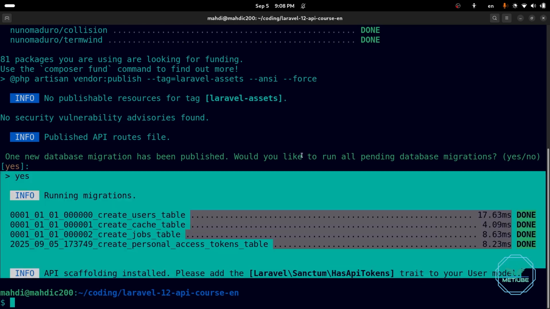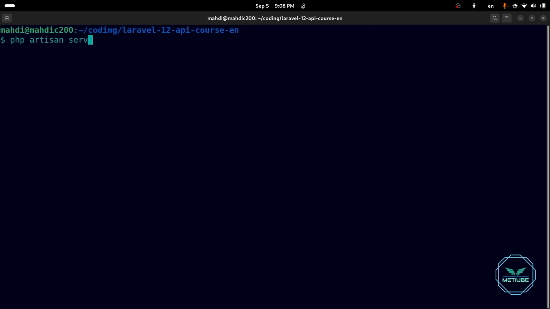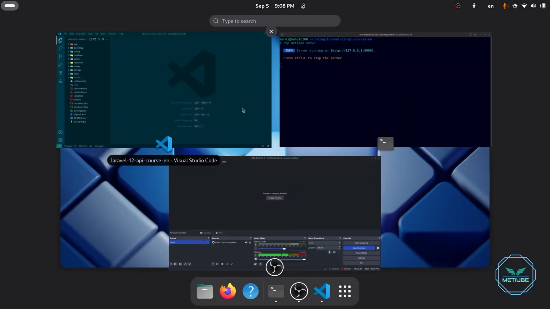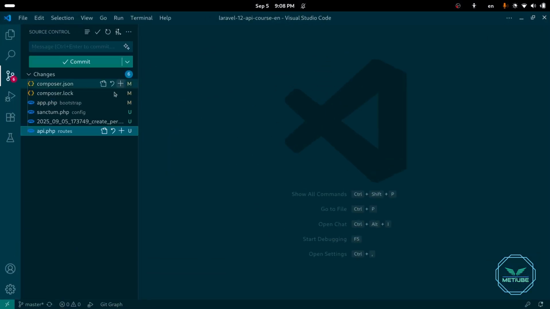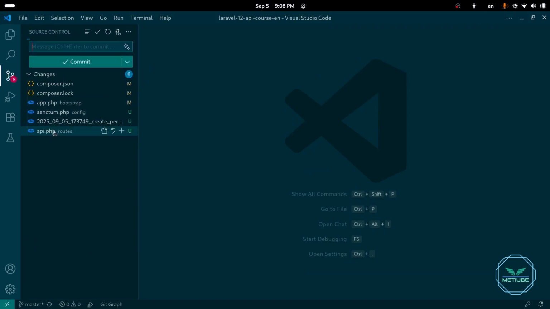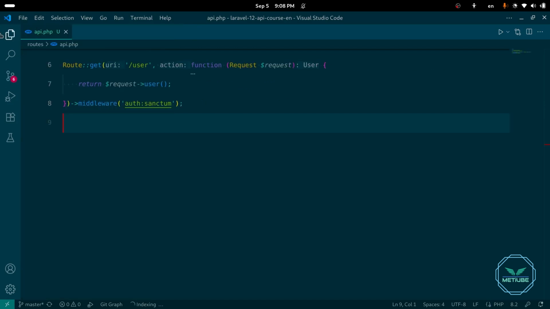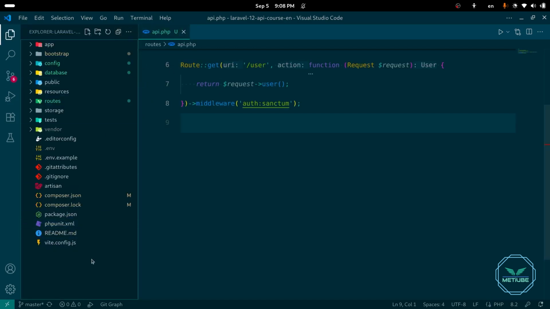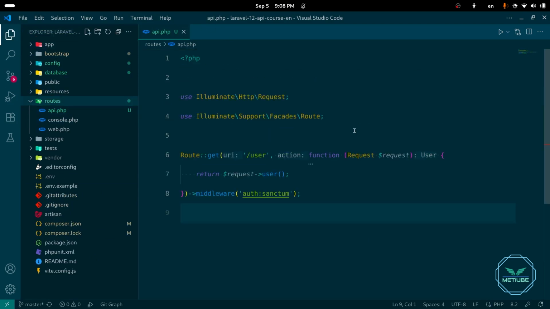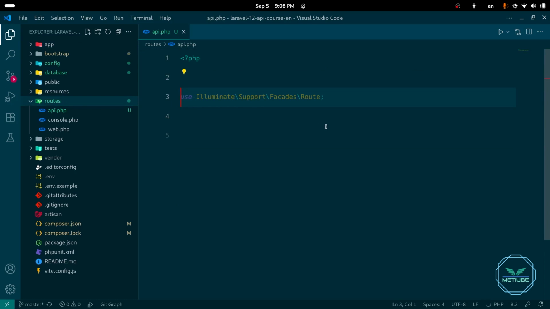We are all done and set up, and I'm going to start the server, php artisan serve, and then come back to my project. You'll see some files are added, which is what we will deal with, the api.php file in the routes folder. So delete its content, we don't need it, and